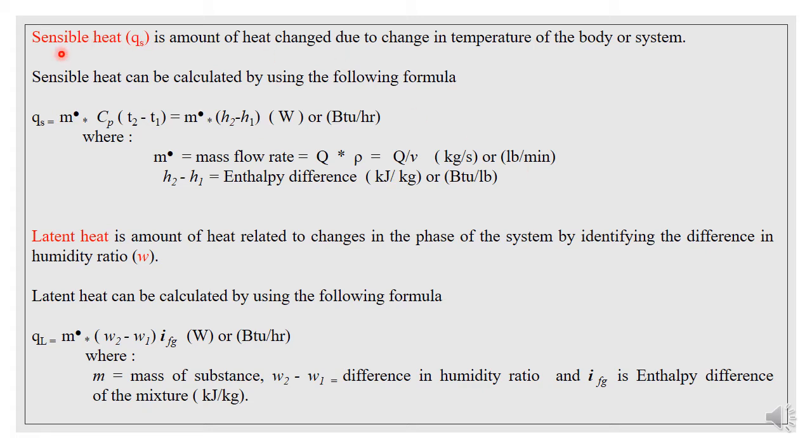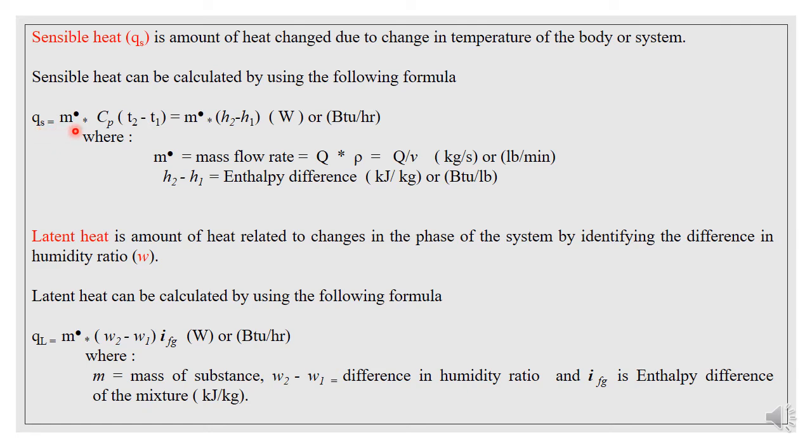To recap from thermodynamics, sensible heat, and in this case this is small q, not the big Q, measured in kilojoules per second as an SI unit, is the amount of heat changed due to the change in temperature of a body or system, and it can be calculated by using this formula. We have Qs, the rate of sensible heat,